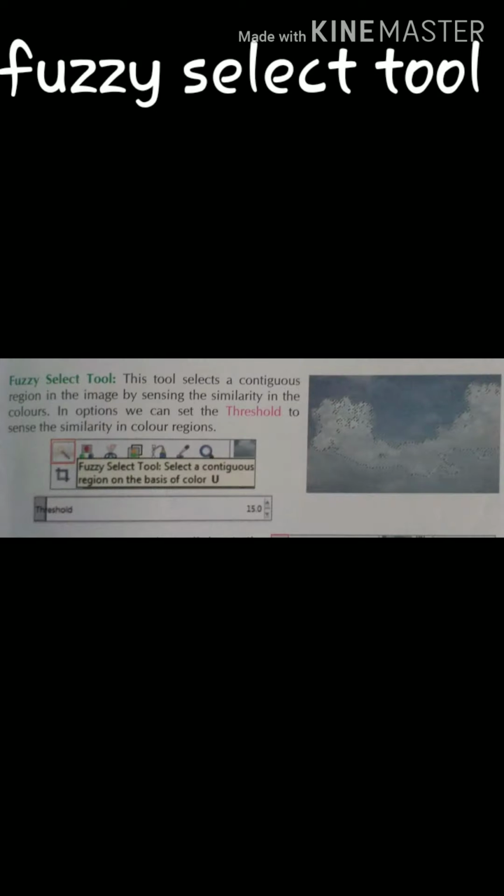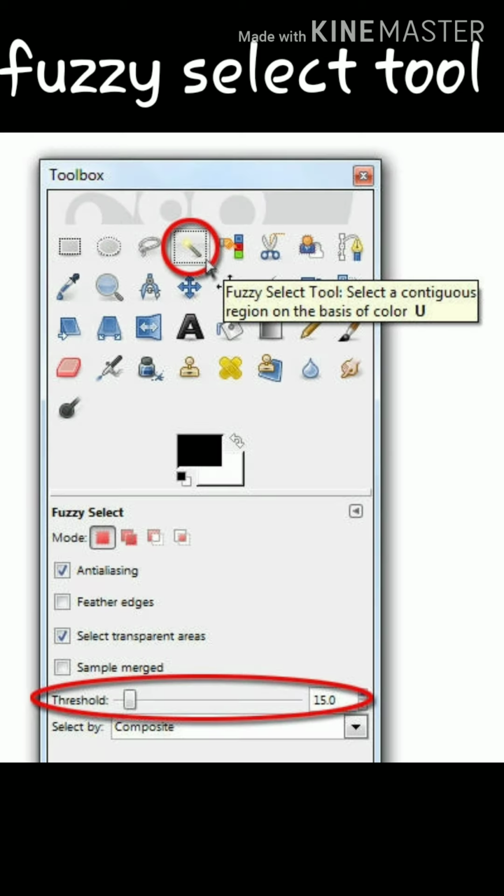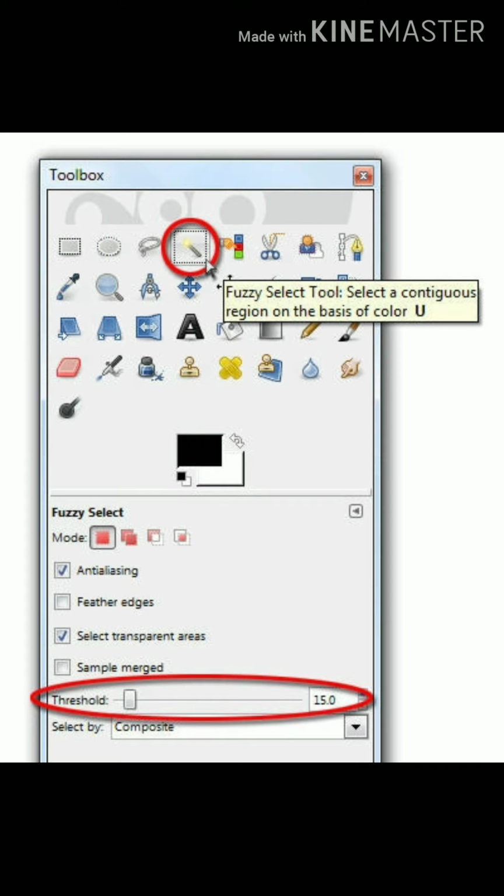This tool selects contiguous regions in the image based on similarity in color. With this option you can set the threshold and sense the similar color in the region. At that time you will use the Fuzzy Select Tool.